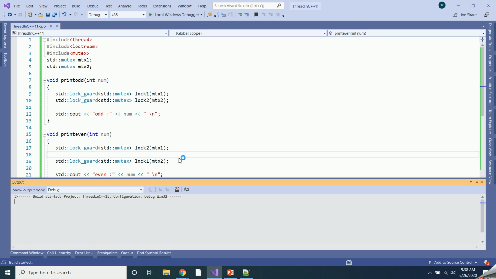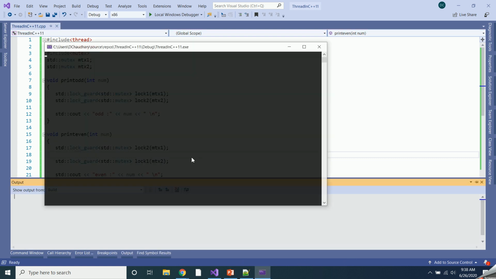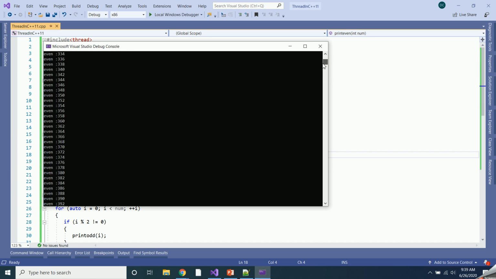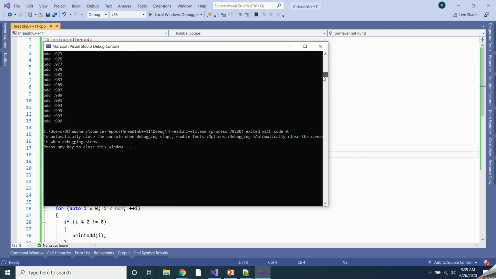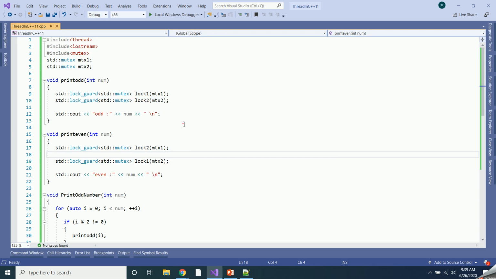So now if you run this program and print the output, you can see there is no deadlock. It has printed the values properly. All the even numbers are printed, all the odd numbers are printed properly. Okay, so whenever you have to acquire multiple locks, you have to acquire them in the same order in all the threads.